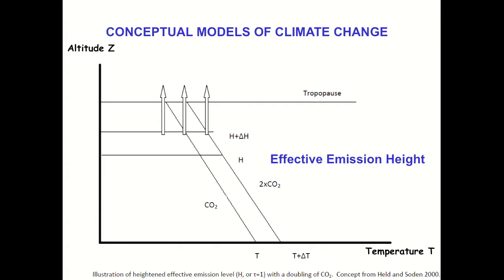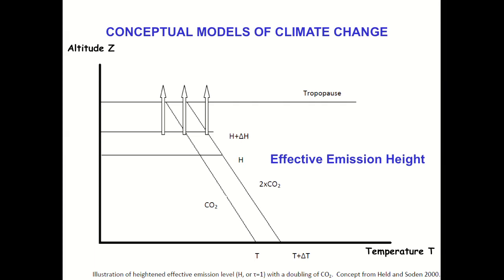So that is the conceptual picture that we have, where we can plot the temperature as a function of altitude. So the rate of change of temperature with altitude is just that gamma term. And let's assume, of course, that that's for a given CO2 concentration in the atmosphere. And of course, this line here is going to represent the effective emission height. We talked about the tau equals 1, where the long wave radiation goes out to space.